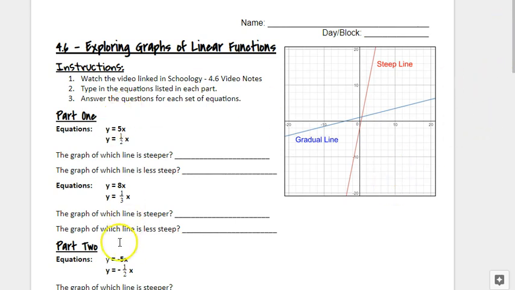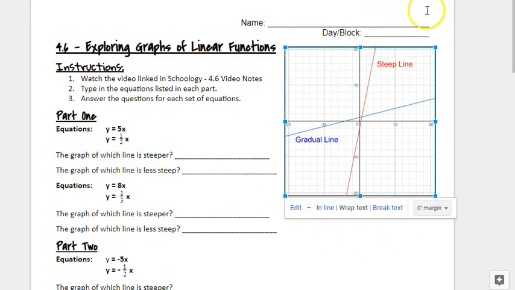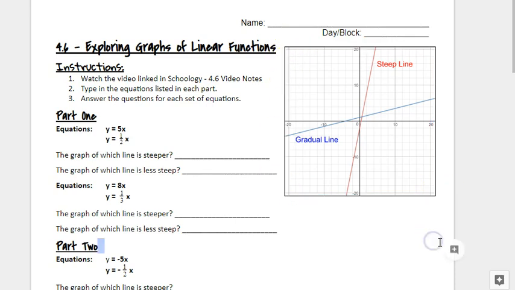be successful. Alright? So if we look right here where it says part 1, we have two equations, y equals 5x and y equals 1/2 x. And we have to answer two questions. The graph of which line is steeper, and the graph of which line is less steep. So if you look over here at this diagram, this graph, you have an example of steep and not so steep. So the steeper the line,